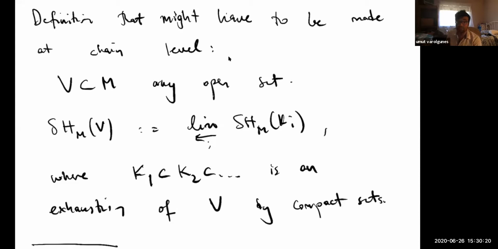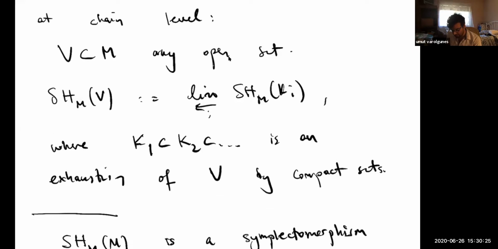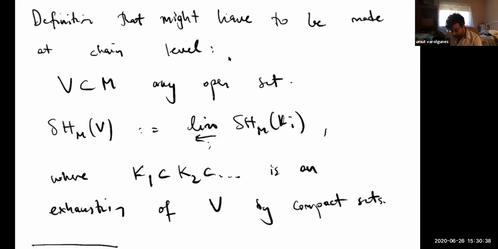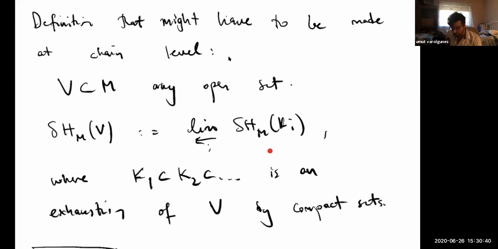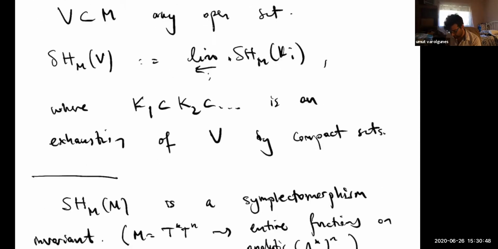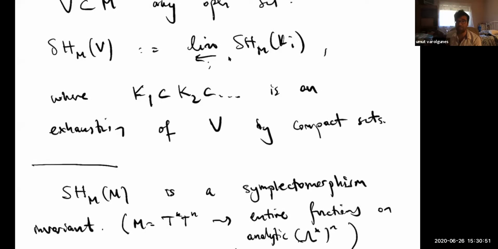Okay, so let me introduce a slightly more general, well, not more general, but generalize the definition of this relative symplectic cohomology to open sets. And you do this in a stupid way where you just take some kind of exhaustion of your open set, and you just take an inverse limit of the relative symplectic cohomologies of these exhaustion levels. And this probably needs to be done at chain level, but we didn't really see why that's necessary yet, so we didn't do it yet. For SH0, in the cases that we're interested in, it should be okay to just do it at the homology level.